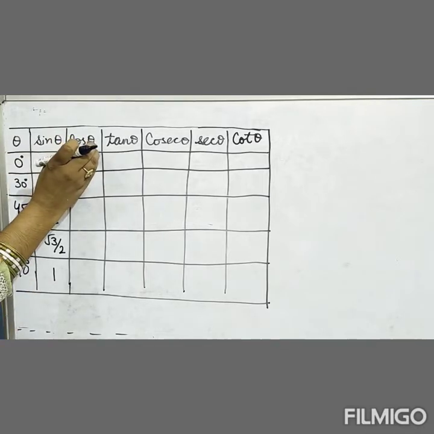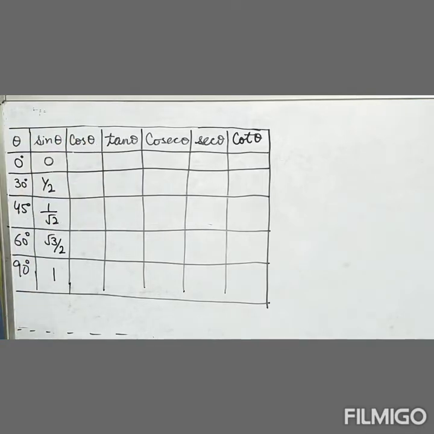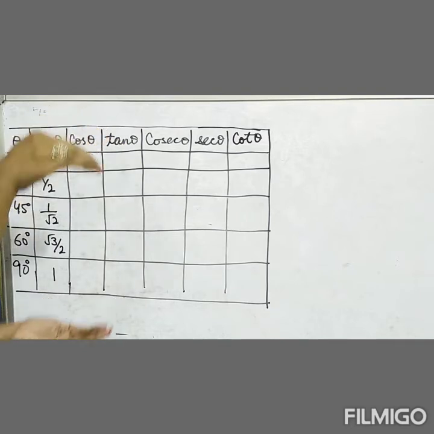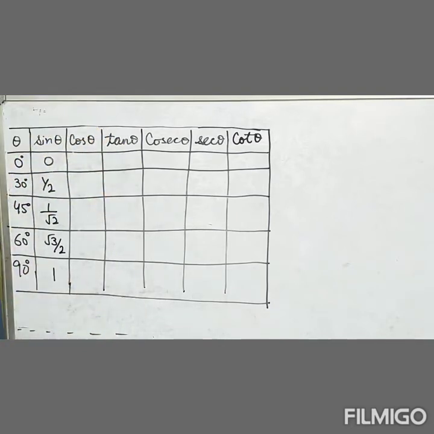Now how can we get cos theta? Cos theta means all these values for cosine. So what you have to do, you just take out these values slowly. They will not fall down. Slowly you have to reverse them and put them back. Just frame them here in the second line. Okay, I'm just joking. You have to just reverse this line.